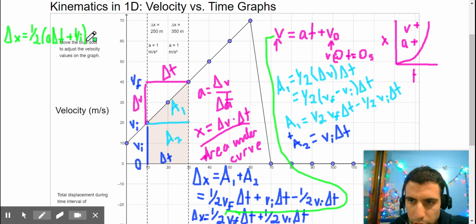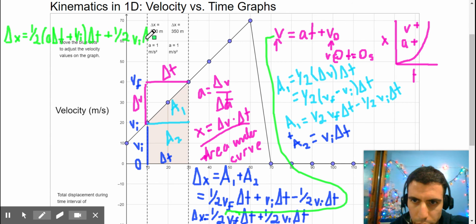And we plug that all in, and then we get delta t, plus the 1/2 v initial